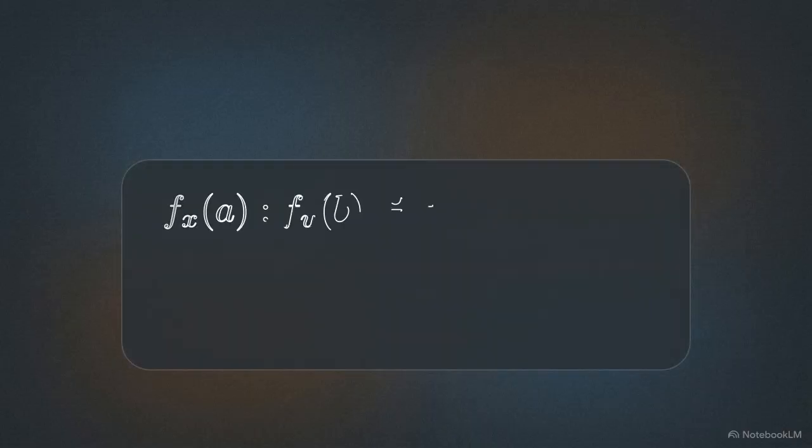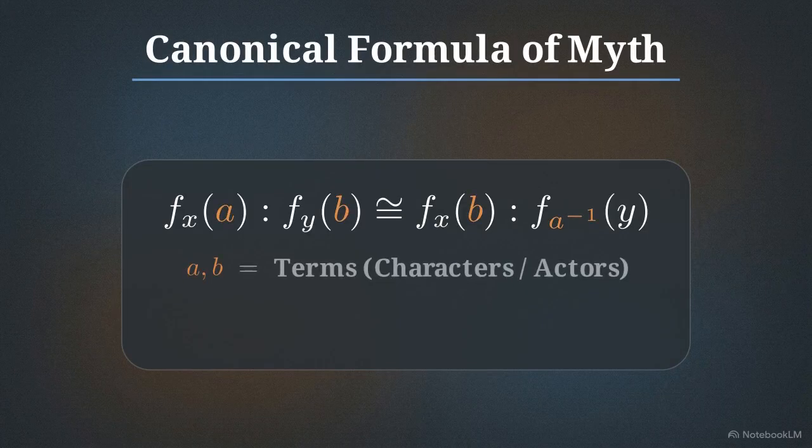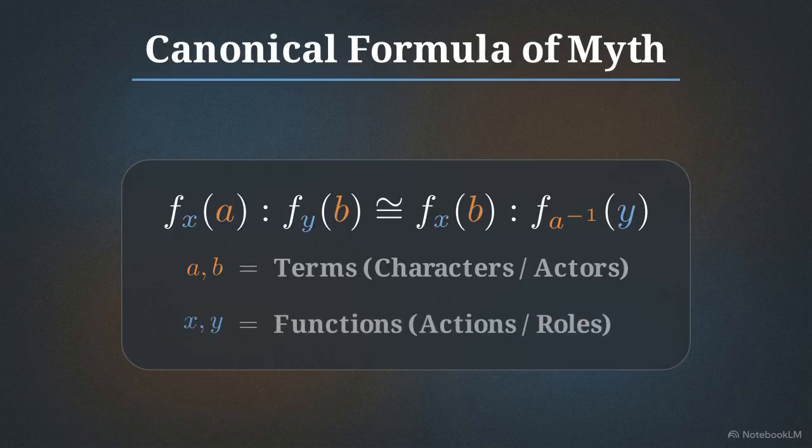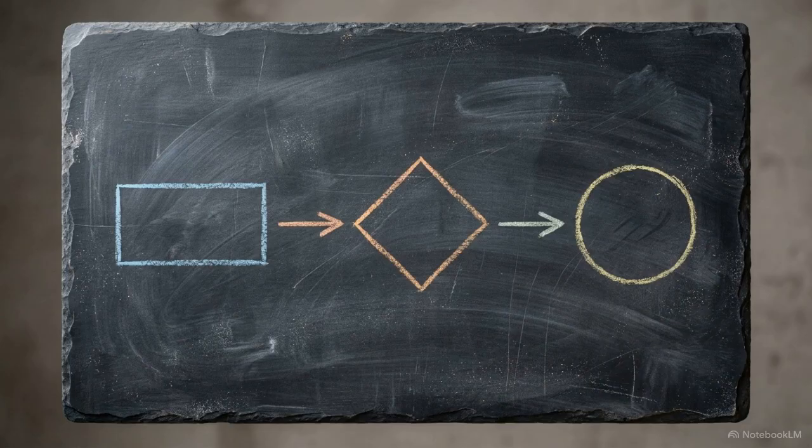Lévi-Strauss distilled this binary storytelling structure into a single algebraic equation, the canonical formula of myth. The variables A and B are the terms, the characters or actors. The variables X and Y are the functions, the actions or roles those characters perform. By identifying these variables, we can map the structural transformations that occur as a narrative progresses from a conflict to